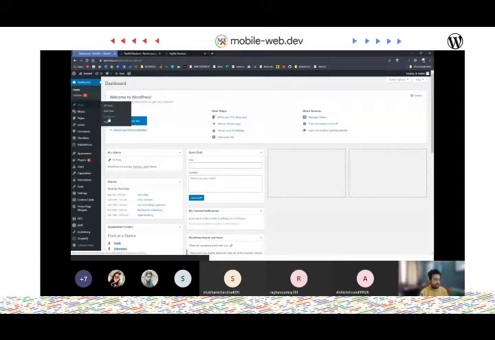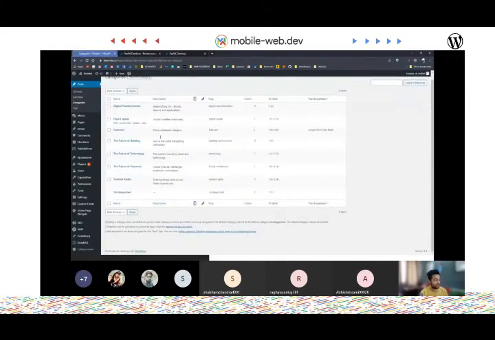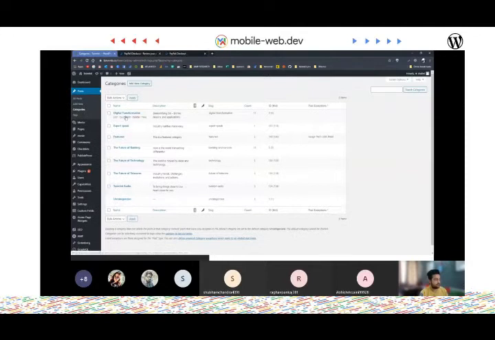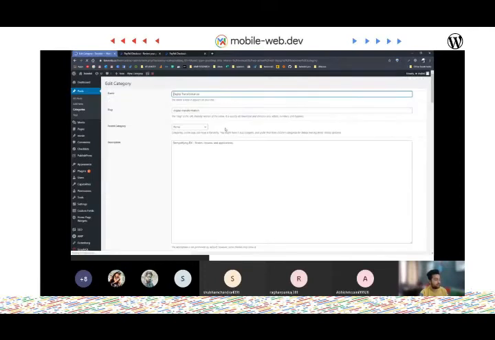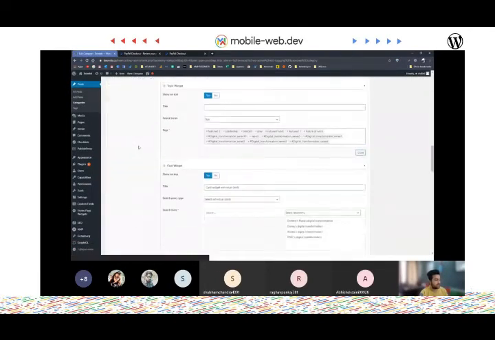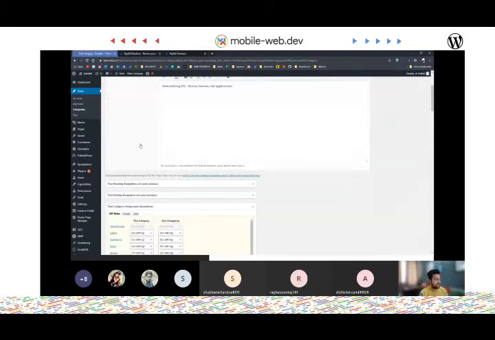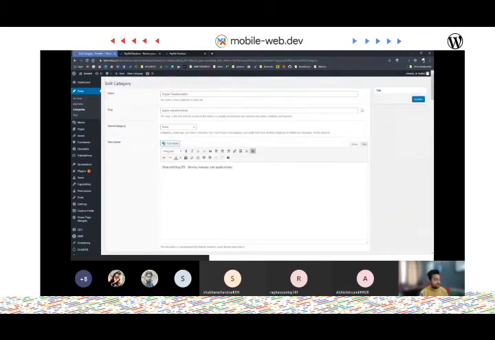These are the default taxonomies. When I go inside the categories section, I'm prompted to add new categories and also see the existing categories. If I visit this category called digital transformation, I can see all the posts lying under it, and in the taxonomy itself I have added some advanced posts.